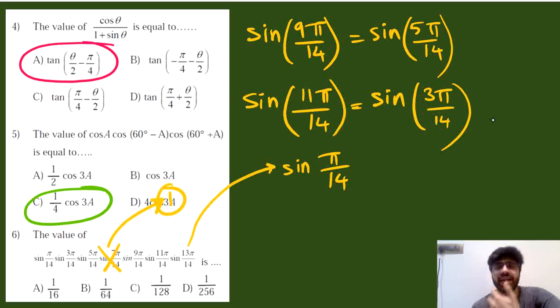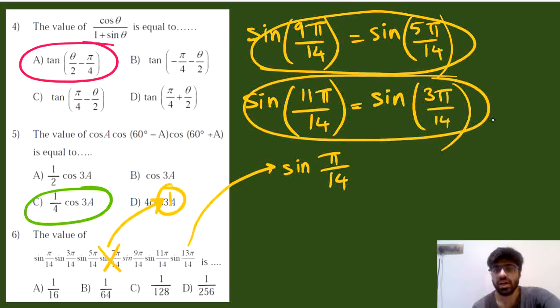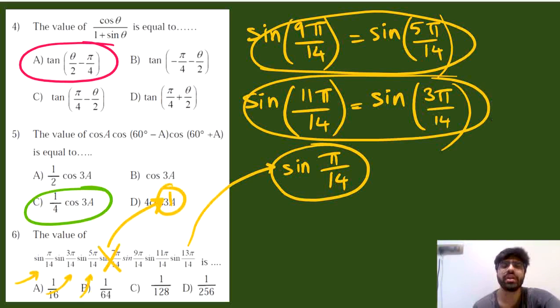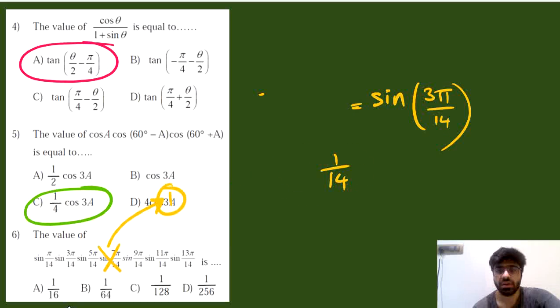But if you look carefully at the values of these terms and the starting three values, check that they are all equal. Okay, so because they are all equal, of course, I will convert the bigger angles to smaller numbers, and when I combine them with the corresponding terms here, you realize that the entire expression is basically first term square into second term square into third term square. That is, the entire expression is